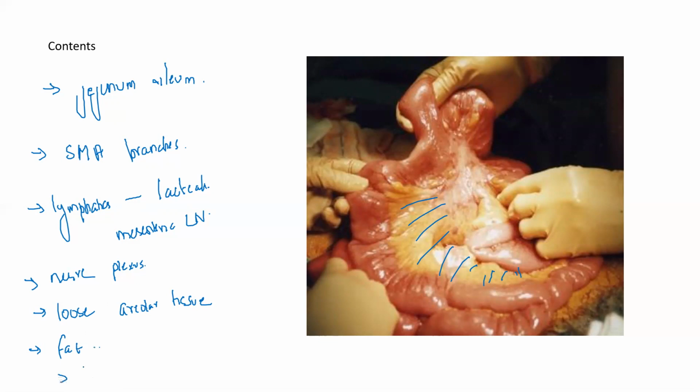And occasionally you can also get to see accessory suprarenal tissue. Yes, adrenal, accessory suprarenal tissue. The tip of the vermiform appendix can sometimes be within the mesentery. And the suspensory muscle of the duodenum can occasionally be within the mesentery itself. These are the contents of the mesentery.